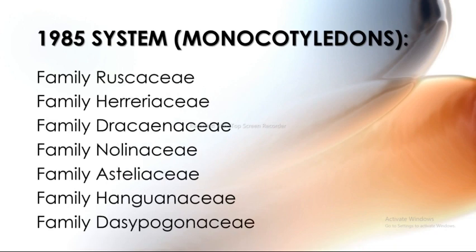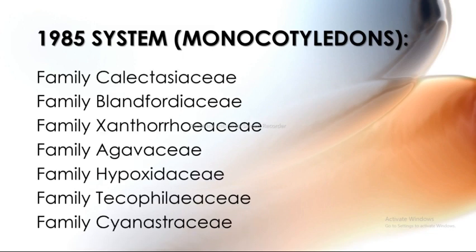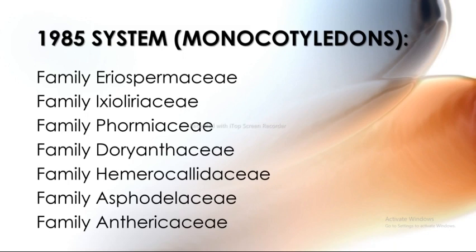So the next family is the Rascaceae, Harariaceae, Dracinaceae, Nolanaceae, Astelaceae, Hanguanaceae, and Dasypogonaceae. Next is the Callictaceae, Blandfordiaceae, Xanthoriaceae, Agawaceae, Hypoxidaceae, Tacophyllaceae, and Sinistraceae. Next is Angiospermaceae,